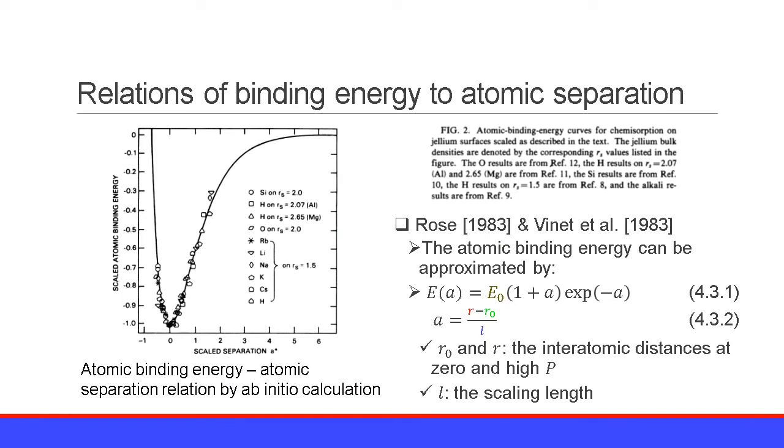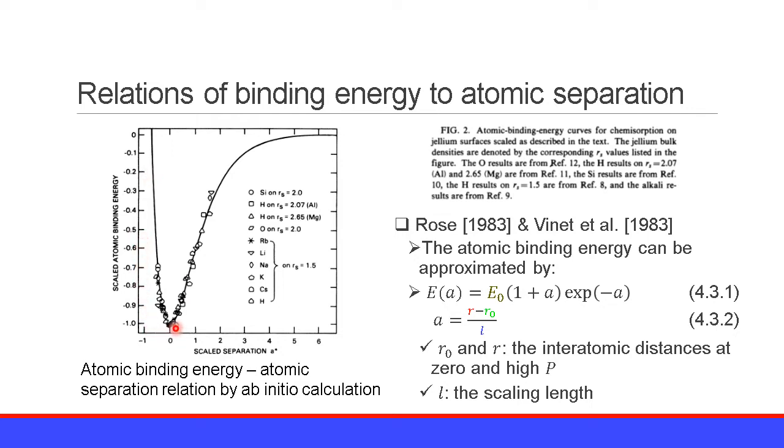Then let us consider the formula of the Helmholtz free energy. The starting point of this argument is from this diagram. This is a diagram of the scaled atomic binding energy against the scaled atomic separation. These are substances: silicon, hydrogen, oxygen, rubidium, lithium, sodium, potassium, cesium, and hydrogen. You can see all